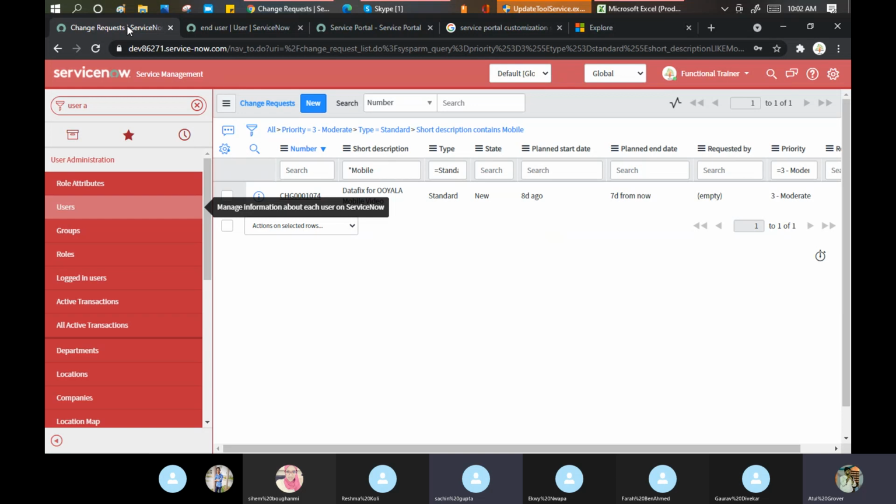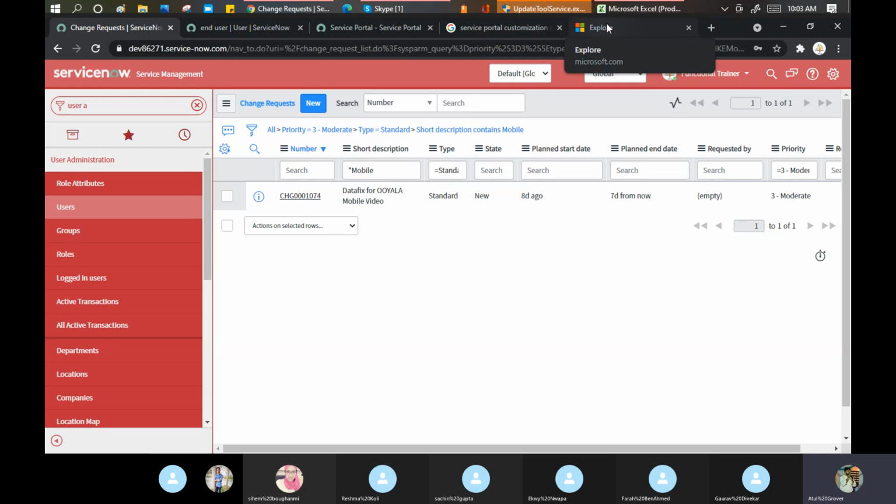Do you guys know Ola? Maybe people from India know this. Ola is one of the, what I can say, taxi providers, a good competitor to Uber and all these companies who provide taxi services. Ola is using ServiceNow. Can you imagine that?